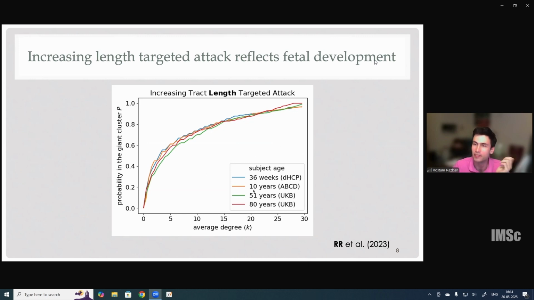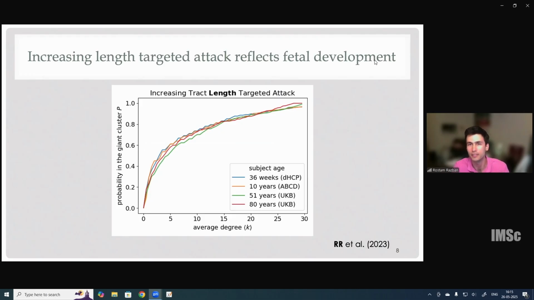Besides their age being different, the environment that they're in, the country that they're in is potentially different. So this DHCP is the Developing Human Connectome Project data set, which I believe is based out of the UK, United Kingdom. ABCD is a US-based NIH-funded initiative, and then United Kingdom Biobank is the UKB. So across all these different ages, we actually see a surprising collapse, very non-trivial looking curve when we do increasing